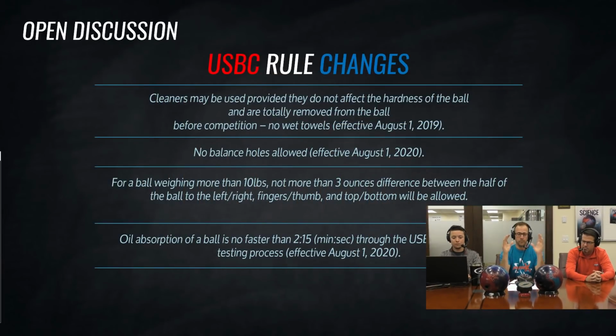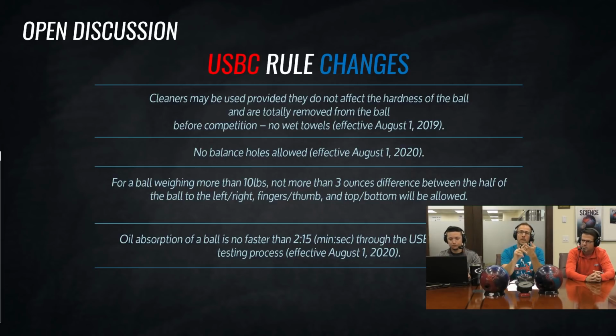Yeah, absolutely. So, for as long as we know, we had this 1 ounce box that we would work within, referencing our grip center. We had a little 1 ounce box for static imbalance for left side to right side, finger to thumb, and you had the 3 ounce limit for top weight, but it was a much smaller box as far as side weight and finger to thumb weight. And now, as of August 1st, we have a much bigger window to work within. So now we have, as you likely know, a 3 ounce limit for left to right side, finger to thumb. So we have a much bigger area that we can get that center of gravity reference to the grip center that we're able to use.